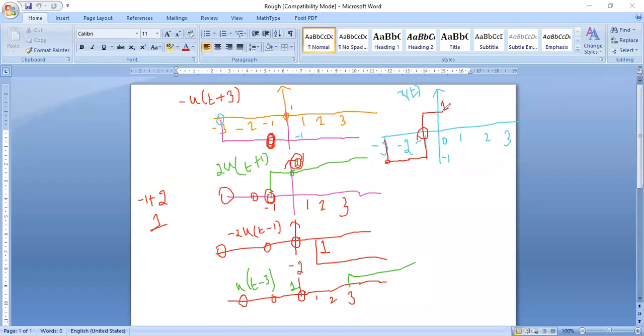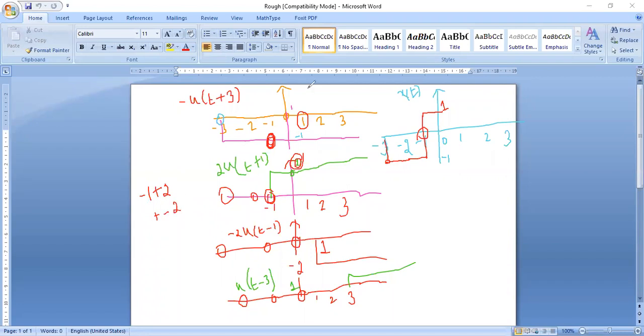So I have completed t is equal to 0. Now let me come to t equal to 1. At t equal to 1, I want you people to tell me the calculation. Tell me the first diagram's amplitude. First diagram's amplitude is -1. And the second diagram amplitude is 2. And the third diagram amplitude is -2. And the fourth diagram, you do not have anything, right?